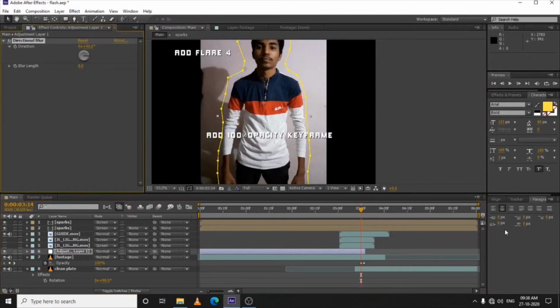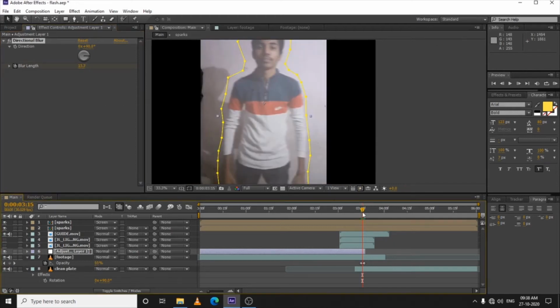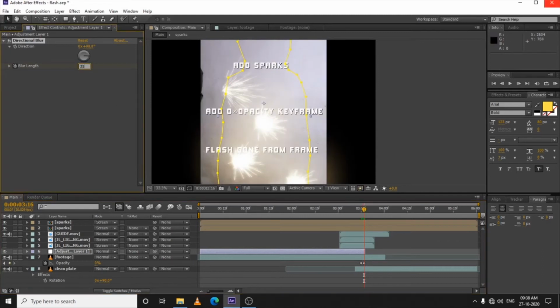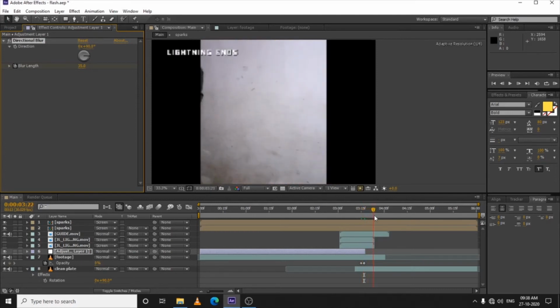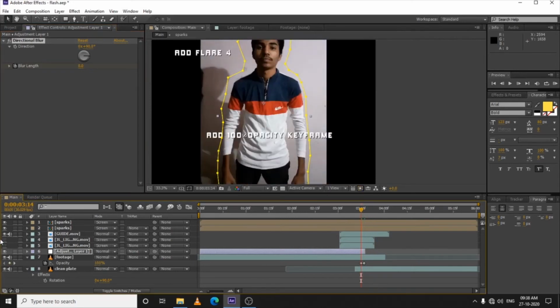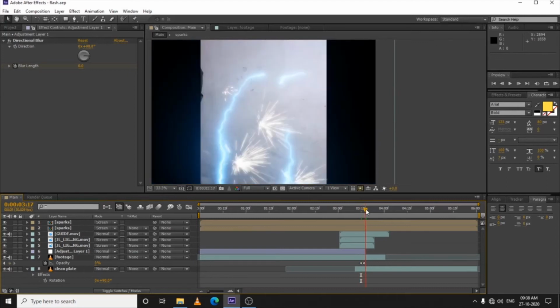Let's make the direction to 90 degrees, and here at first frame let's keep it 0, and at the end frame let's increase it quite high, up to like 20-25 to have this directional blur effect. Let's make it 35. Yep, this will look good now, like a going effect. Let's turn on these layers again with Ctrl S. Don't forget to save your file.